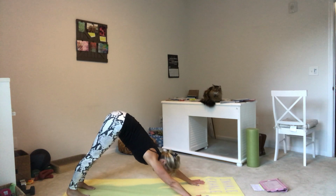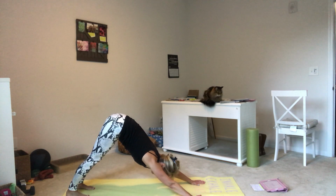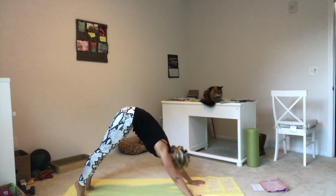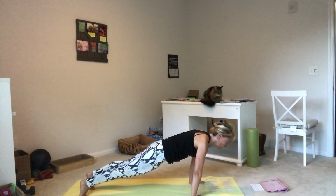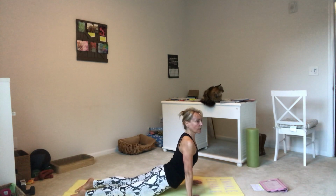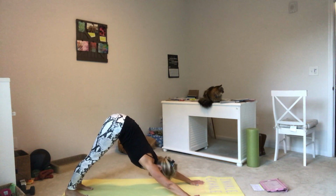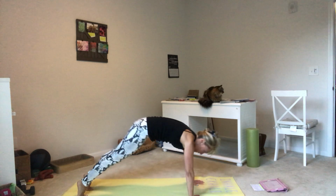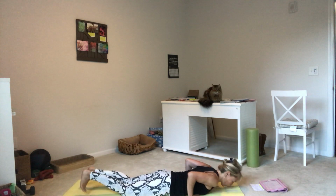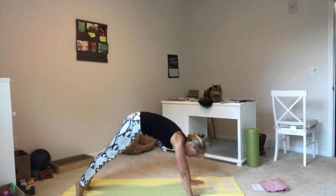So here, get ready. We're gonna kind of roll and for about 30 seconds, we're gonna come up on our toes, all the way up, tailbone to the ceiling, and then you're gonna engage your abs and then come straight to a plank, and then all the way down and up dog. So we're gonna go a little faster, push back to regular down dog. First, heels down. Heels up, come forward, bending at the elbows, and up. So if you want to come into a full up dog, you can do that. So heels up, in,